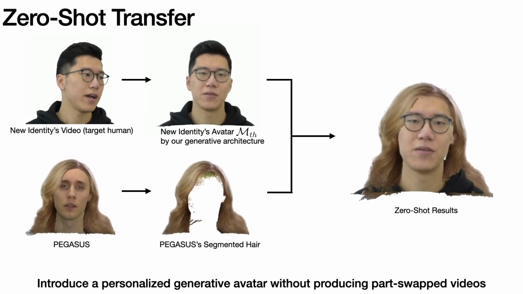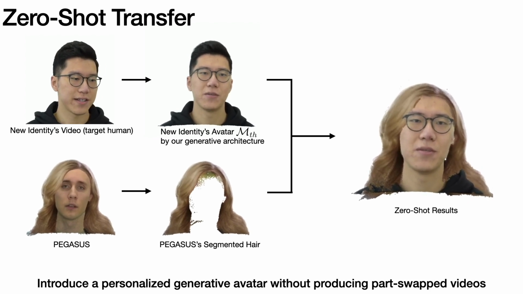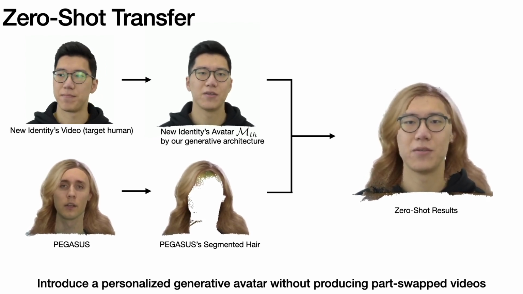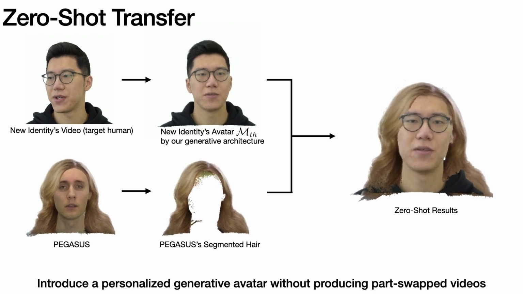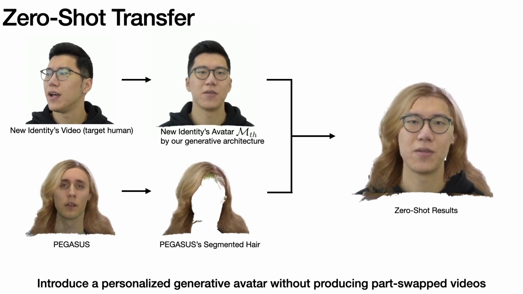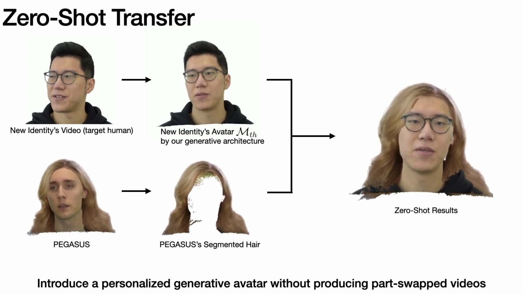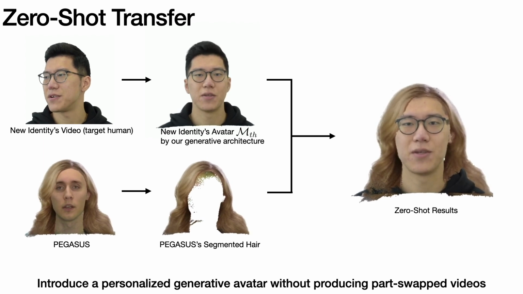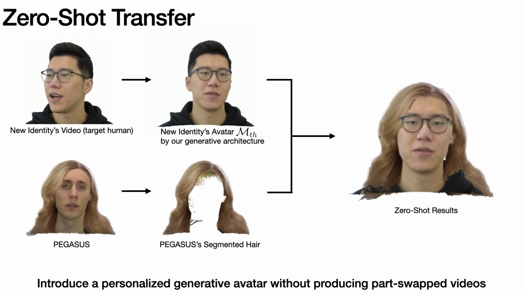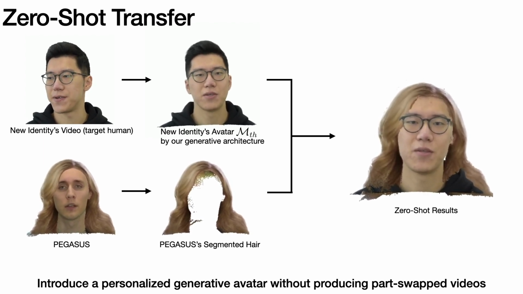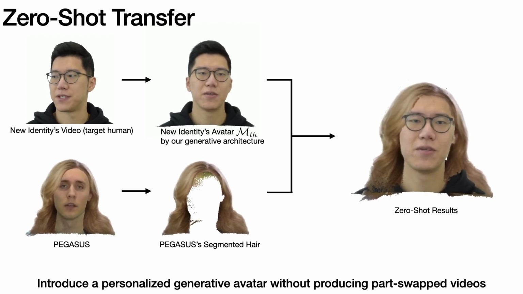Next, we present another method that allows for the creation of personalized generative avatars without generating a synthetic DB. First, for a given new identity video, we create the avatar of the new identity using our PEGASUS network architecture. Additionally, we use the segment cues of the pre-trained PEGASUS from the synthetic DB to select the point cloud of the desired facial attribute. We refer to the method of representing both point clouds simultaneously in the deformed space as